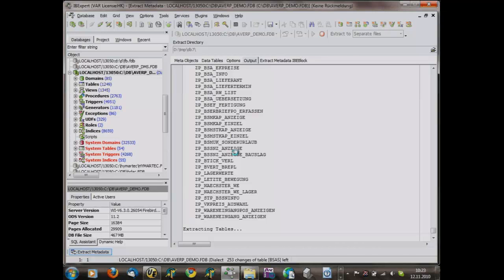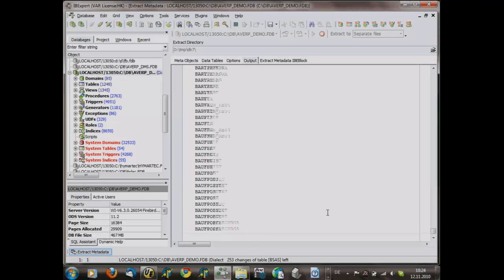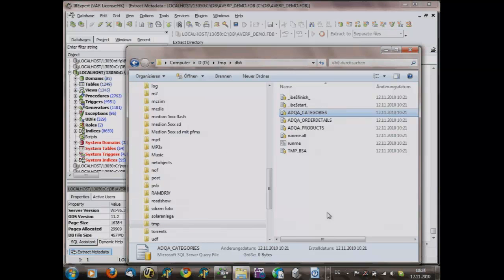We also use this for converting Interbase databases really often, because Interbase has the possibility to create database object names with more than 31 characters. And if you have such a database definition, it's sometimes really ugly if you have to remove a column name, for example, from a table which is part of a primary key, which is used in a lot of tables and in a lot of triggers as a foreign key, or in variables and so on. And when you want to remove all the definitions that are based on that, it is sometimes not so easy.